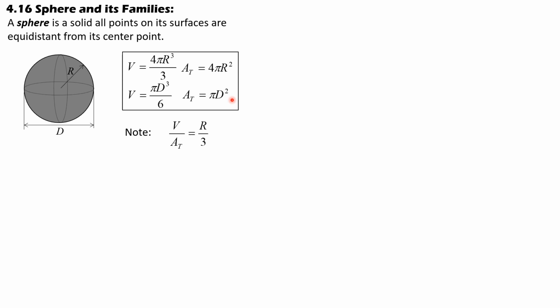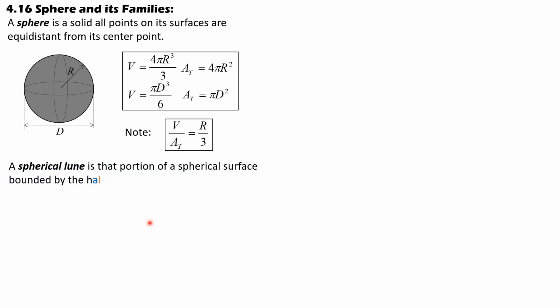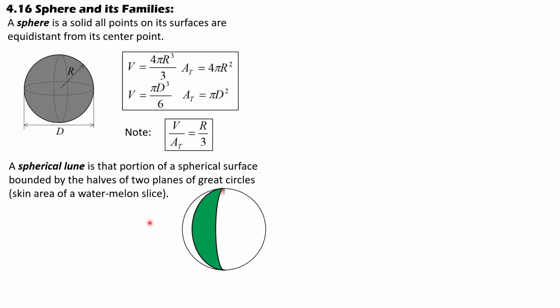Next, we define portion of sphere, which is the skin area. We define it as the portion of the spherical surface bounded by halves of two planes of great circles, and it is a skin area of watermelon slice. When you slice a watermelon perfectly, the skin area, the green one, is the spherical lune, and the resulting solid